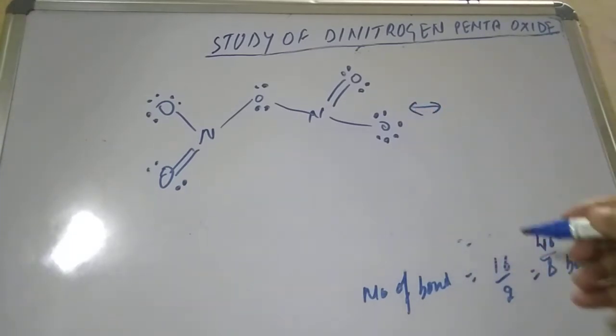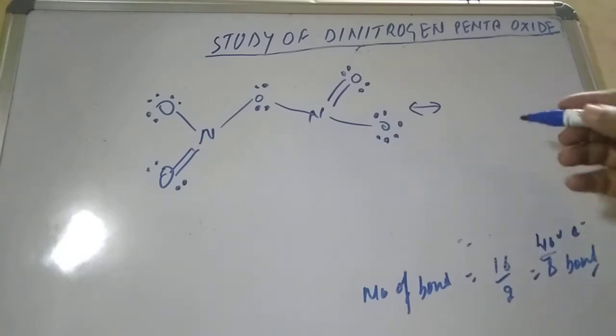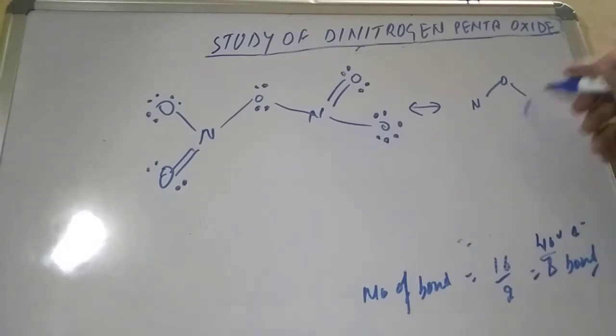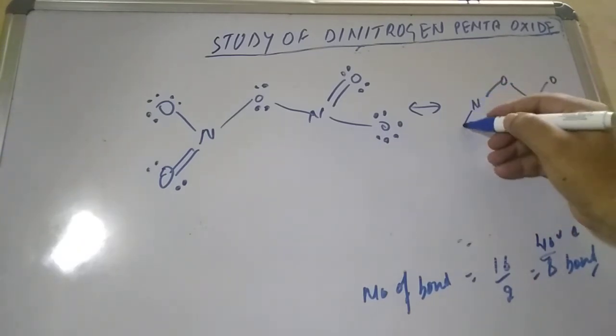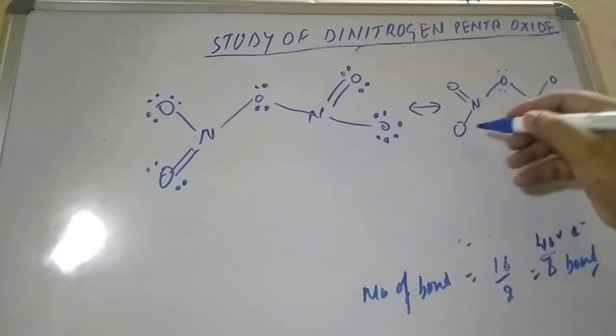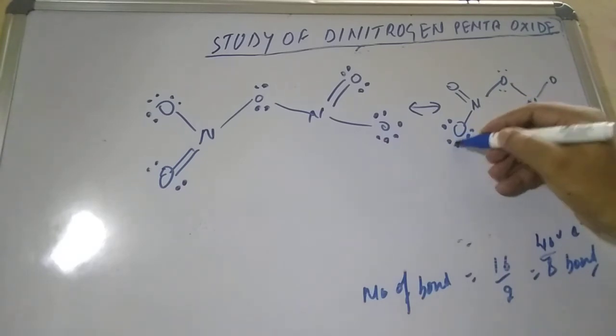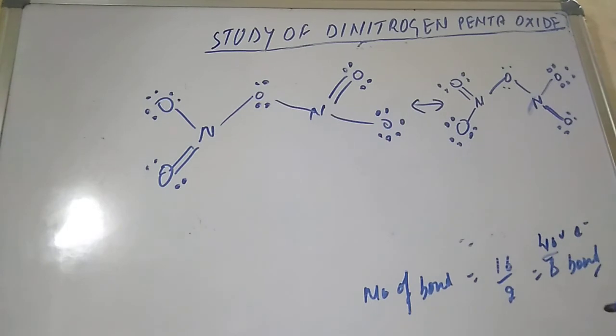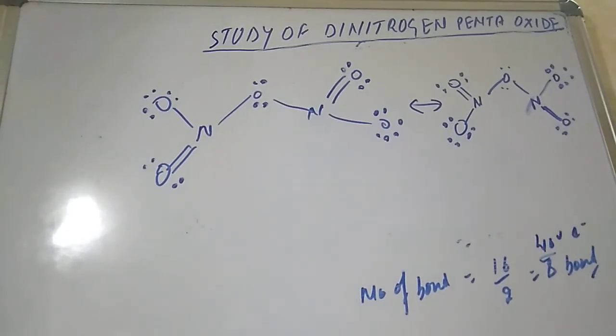Now it can also give the resonating structure. How is the resonating structure? N, here is O, here is N. What we can do is put a double bond. So here you put a single bond and this side a double bond, and here a single bond and this side a double bond, and for the rest, you put the dot symbols to complete the number of valence electrons. Wherever the single bond is there, put 6 dots, and wherever the double bond is there, you put 2 lone pairs of electrons. So this is the structure of dinitrogen pentoxide.